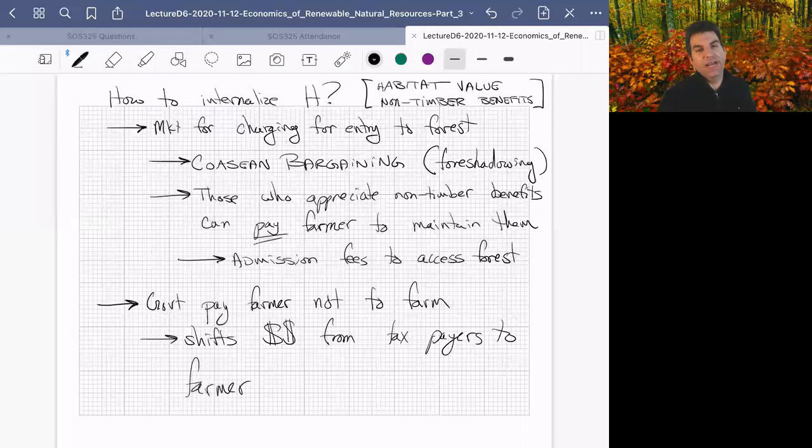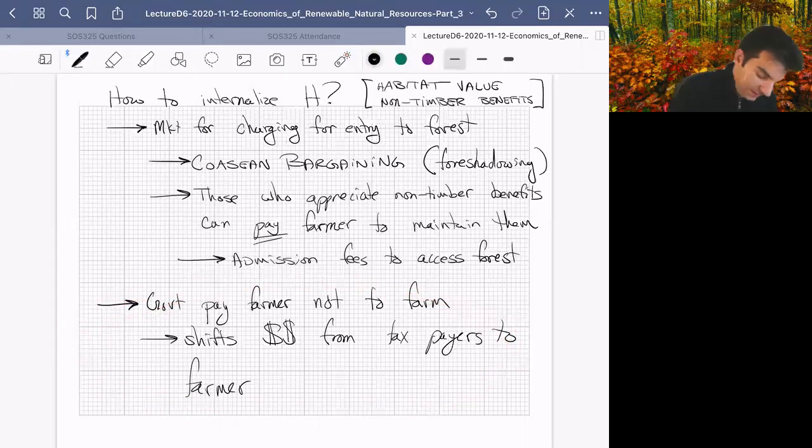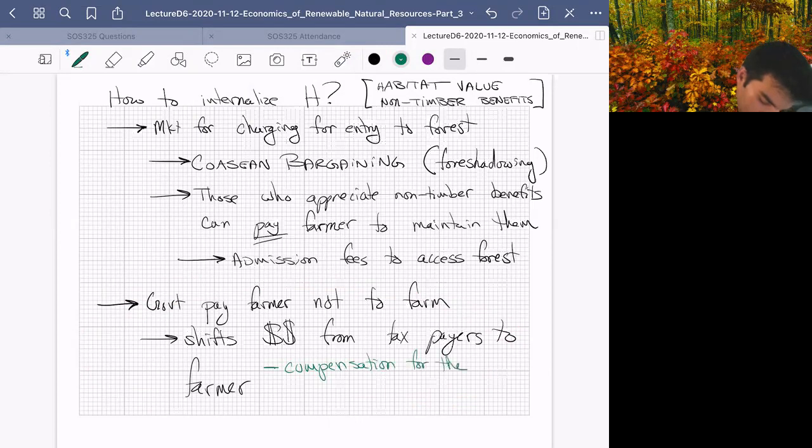And so this has an interesting double effect in that if a farmer is already valuing the habitat value internally and harvesting much later than their competitors are, then that individual is altruistically paying a punishment. They're not doing what the competitive market would suggest they can do. And what this does is compensate that farmer. You can view this in two ways, as either compensation for the